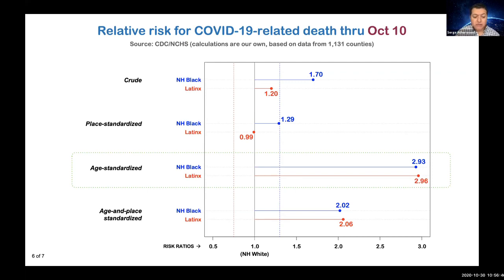If you control for both age and place, the results now start to become a little more meaningful. Here we see that Blacks and Hispanics both have twice the risk of a COVID-related death relative to whites. And we also know now that we cannot look to age or place to explain this disparity. That gives us the ability to put the spotlight onto other more plausible causes, such as, for example, the prevalence of pre-existing conditions in the case of Blacks. But